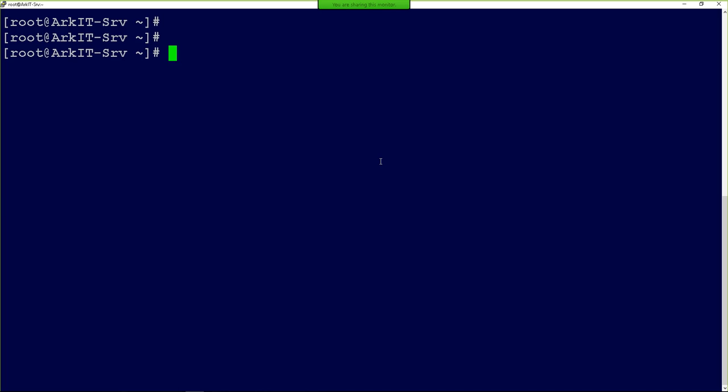Okay, you can also change your login name. Suppose my login name is root, but I want to change